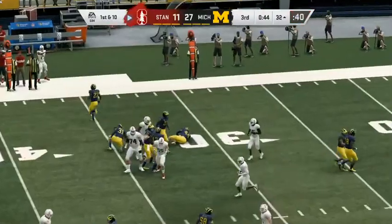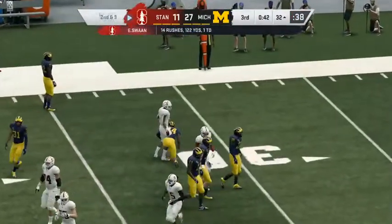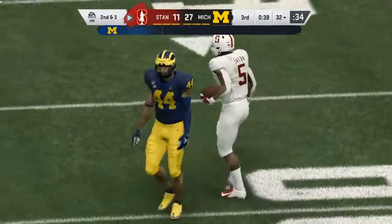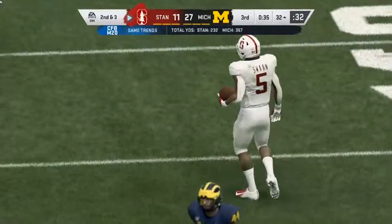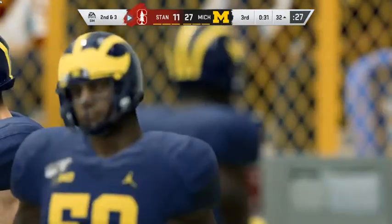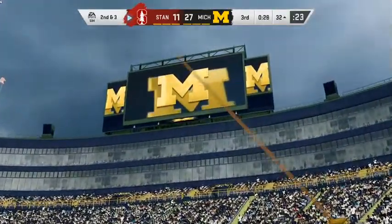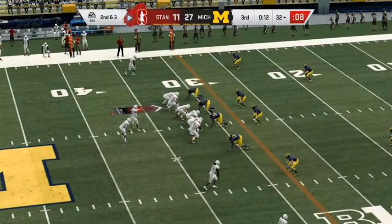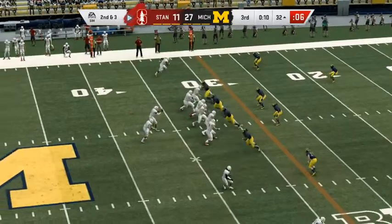It's 1st and 10. Takes this to the 32, maybe the 31, and then the defense rallying quickly after that broken tackle. It's a 7-yard carry to set them up with a 2nd and 3. Offensive linemen love creating space for their guys carrying the ball, but when that guy also breaks tackles and creates